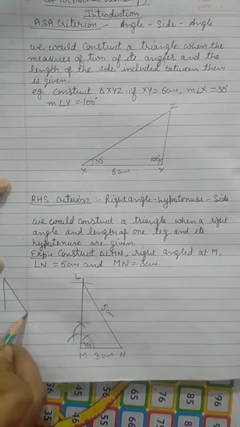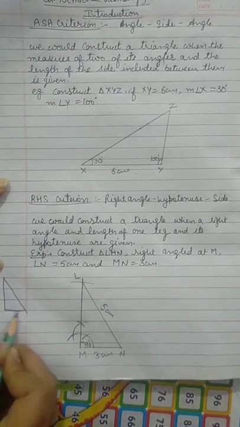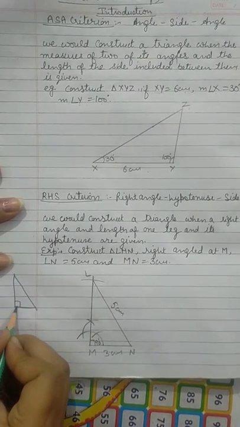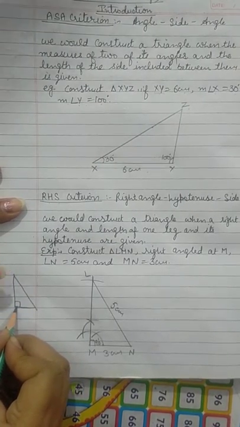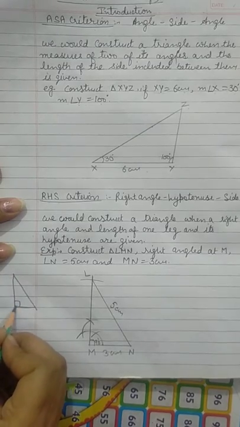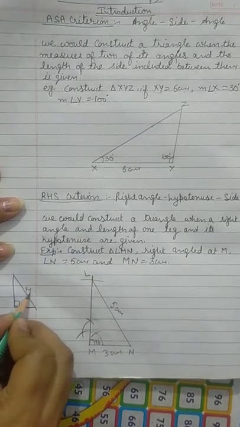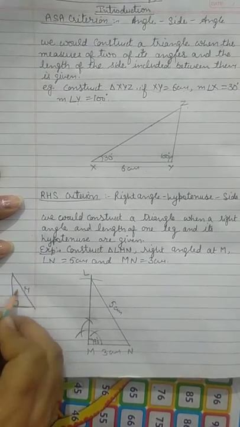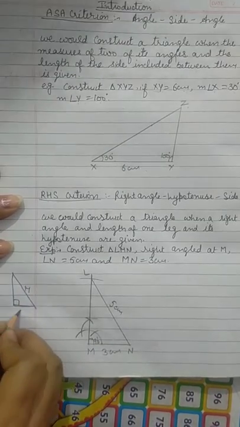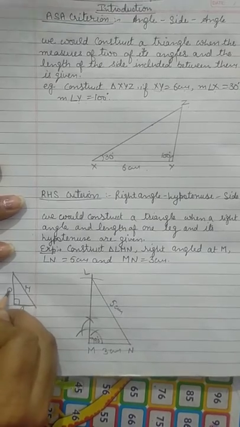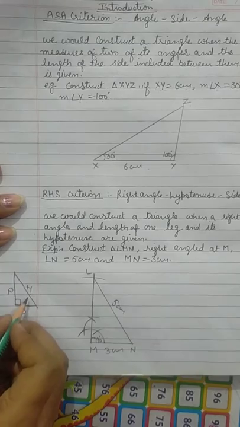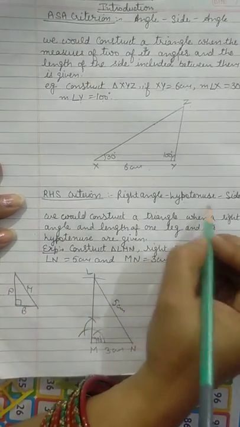You can see here this is a right angle triangle, and this is your right angle. Just remember one thing, the side which is opposite to the right angle is always the hypotenuse. So this is the right angle here and this is your hypotenuse. And this can be your base and this can be your perpendicular. The side which is opposite to the right angle is known as the hypotenuse.